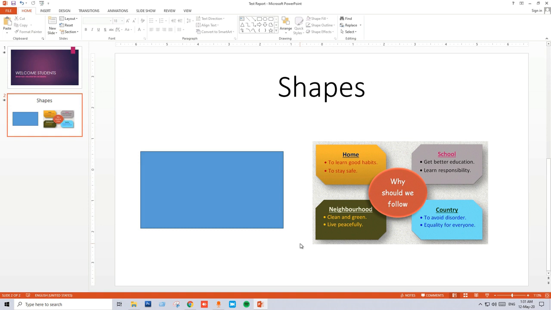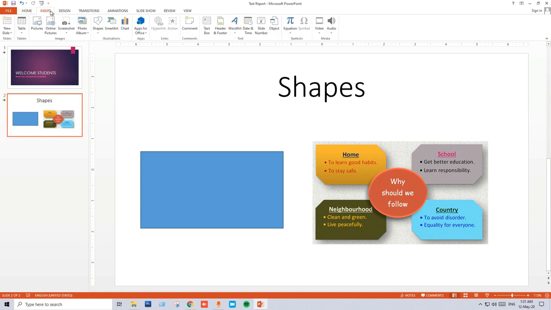So for that, we will go to the Insert tab on the ribbon, and go to the Media group where we have the video option as well as the audio option. We can insert both, but in this video we're only concerned about inserting an audio. So we'll click on this drop down and there are three options: online audio, audio on my PC, and record an audio. If you have a recorder at your place, you can record the audio here,